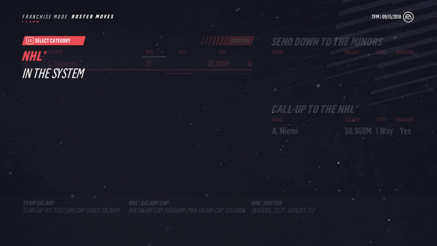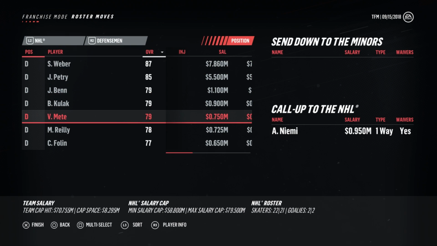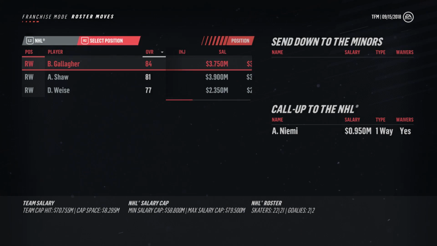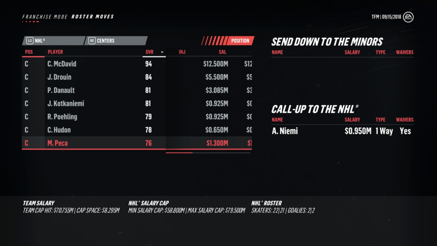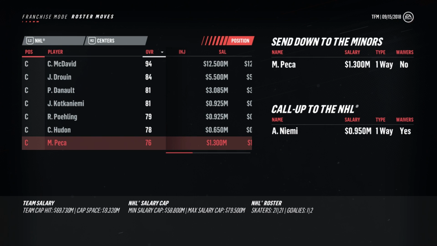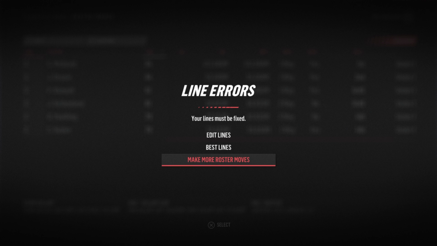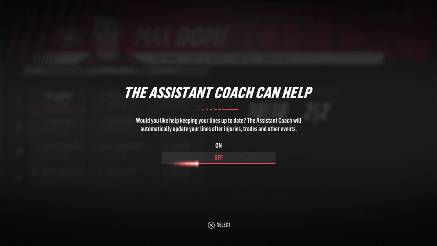NHL goalies. What do we have too many of? I want to keep these left wingers. We must have a lot of centers. Yep. All right, this Pekka guy. What's he? We'll send him down. There we go. Alright, now let's go to best lines here, and we'll see what happens. What we got. No. Alright,